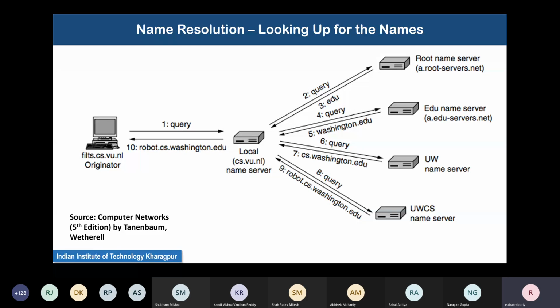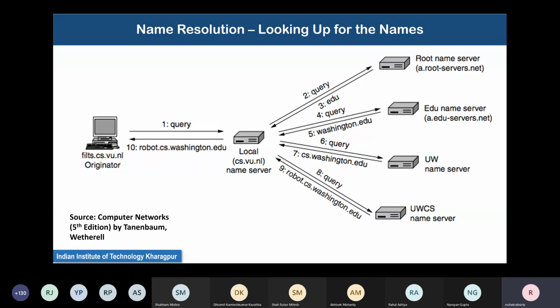Exactly the same thing happens in TCP. Now TCP maintains state information in the sense that there is an elaborate handshaking process at the beginning and at the end, to start a connection and to end a connection, which happens at the protocol level. What are the details? We will come to it when we study TCP. It is quite elaborate. It is not a one phase process where you request a connection and immediately the connection starts. It is not like that.